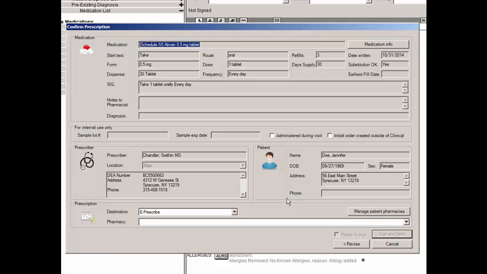If you need to change the prescription information, click the Revise button. This will take you back to the prescribed medication dialog. If the Administer During Visit option is checked in the Confirm Prescription dialog, the prescription section will be grayed out and will not be able to be queued to print or e-prescribe. Once confirmed, the medication will appear in the note and patient's face sheet with an Administer During Visit note beside